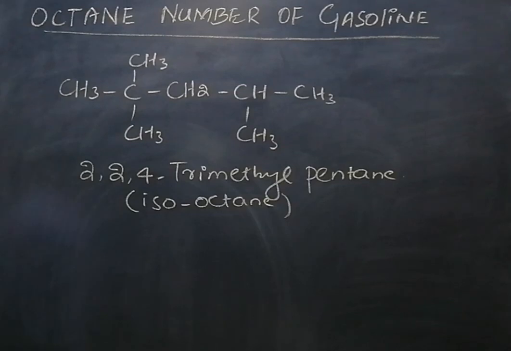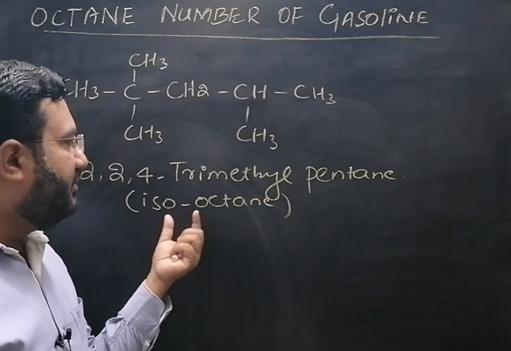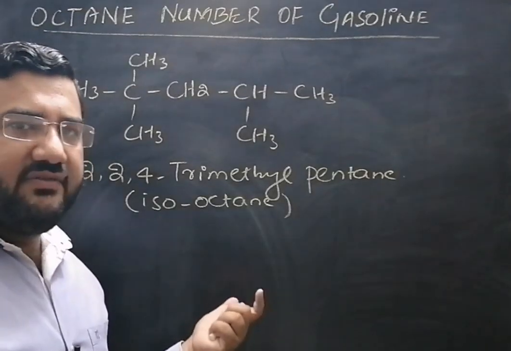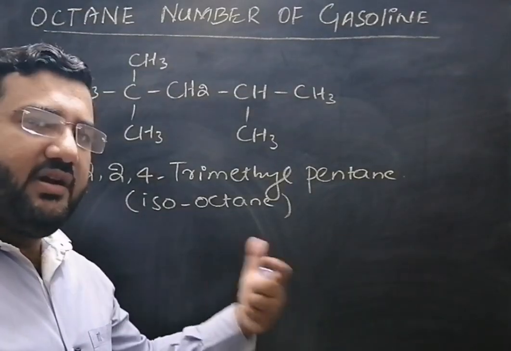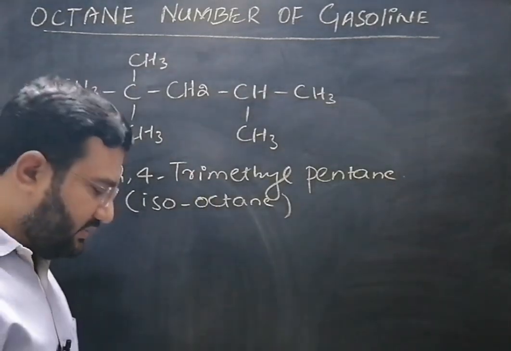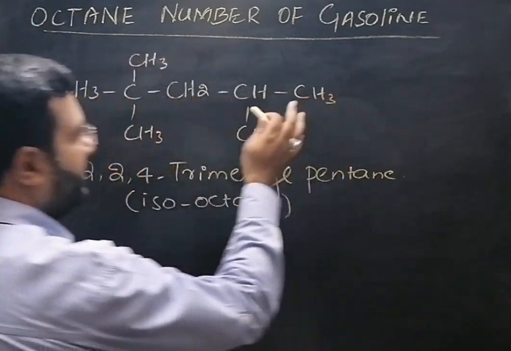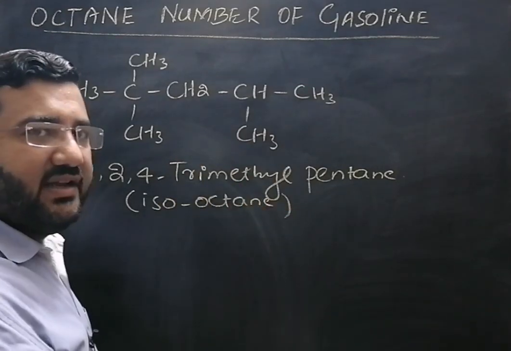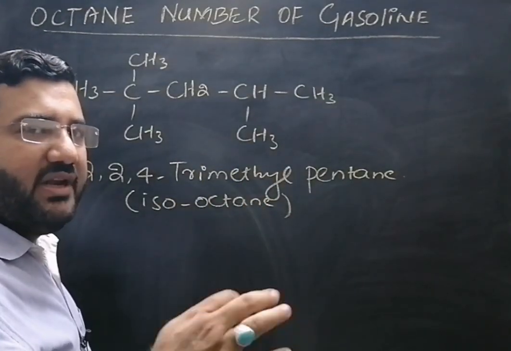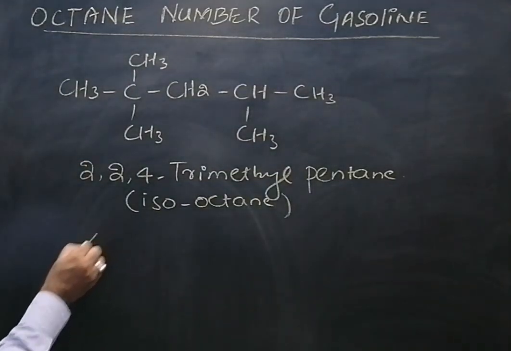Isooctane is actually the wrongly selected name of this compound. It should not be called isooctane, as there are two methyl groups on the second carbon atom. But in the common system, this name isooctane is given, which is no doubt a wrong one, but it is commonly known nowadays that this compound is called isooctane. And its octane number is actually 100. It is the best fuel which has maximum resistance against knocking, or you can say which produces minimum knocking in the engine. Its skeletal formula will be